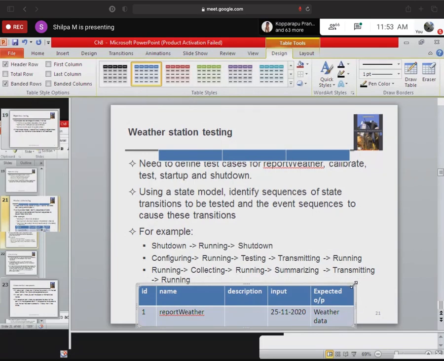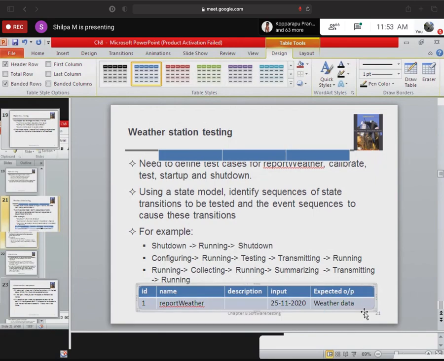Who will write this? It will be the tester who will write this. He will prepare a document like this with n number of test cases, and what is the test, the description, the input and the output. Now, once your coding is done and you release the product, the tester will take the first test case. He will know which function it will execute.